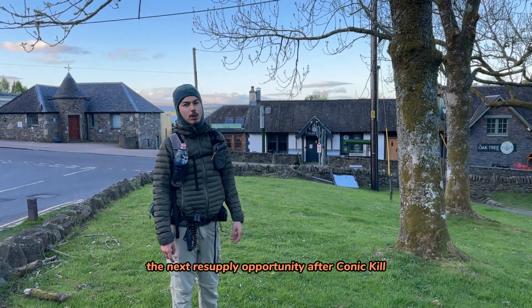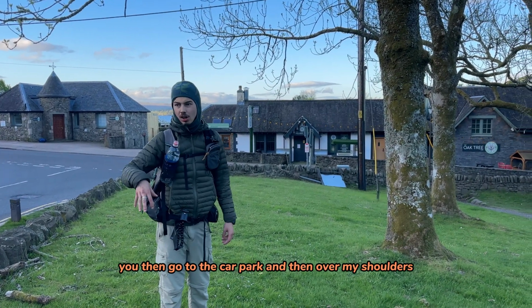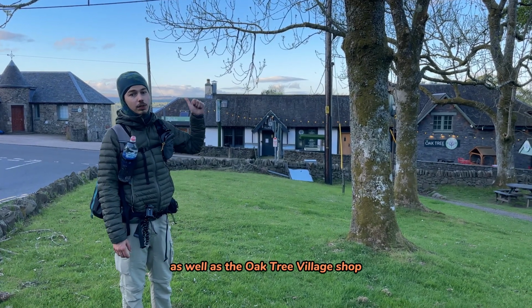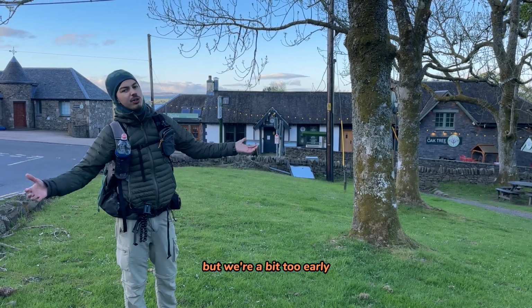The next resupply opportunity, after Conic Hill, you start coming down, you enter a forest, you then go to the car park, and then over my shoulders you'll be able to see the Oak Tree Inn pub as well as the Oak Tree Village shop. There's also a coffee shop and an ice cream parlour as well, but we're a bit too early, they're all